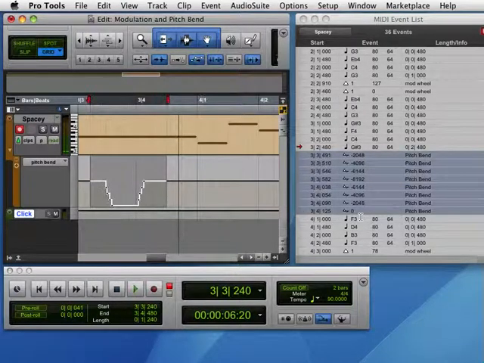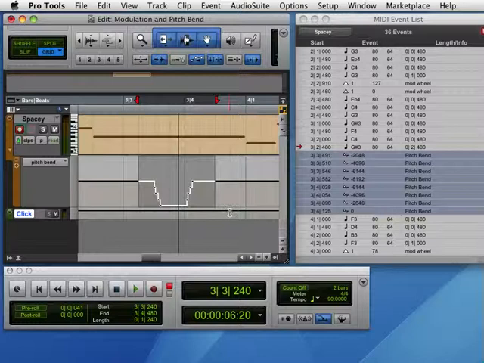Since I'm looking at pitch bend, you see it highlighted in our event list. And notice the values in the event list. They're really large numbers. No longer is it 128. It's actually out of 16,384 possible points. That's so that your pitch bends are smooth. You need more than 128 values, especially if you're bending the pitch like a whole octave up or down. Okay, I'm going to try a different pitch bend. I'll just delete this